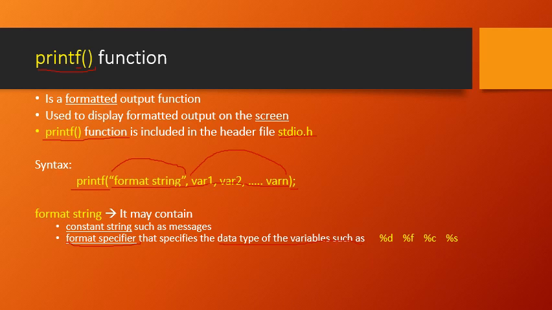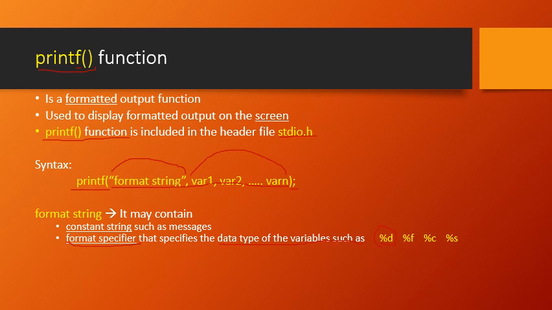The format specifiers are something like %d. You see here there are 2 characters, %d, with no space, continuously %d. If one wishes to print a variable of the integer data type,